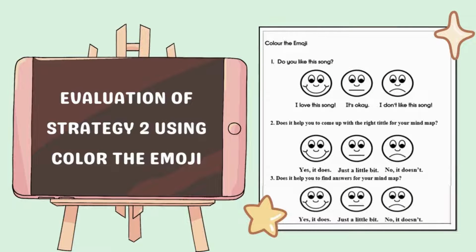How do we evaluate the successfulness of the strategy? We have decided to use the color the emoji evaluation method. Pupils will be distributed with the color the emoji paper sheet, where pupils are presented with 3 questions, which are: